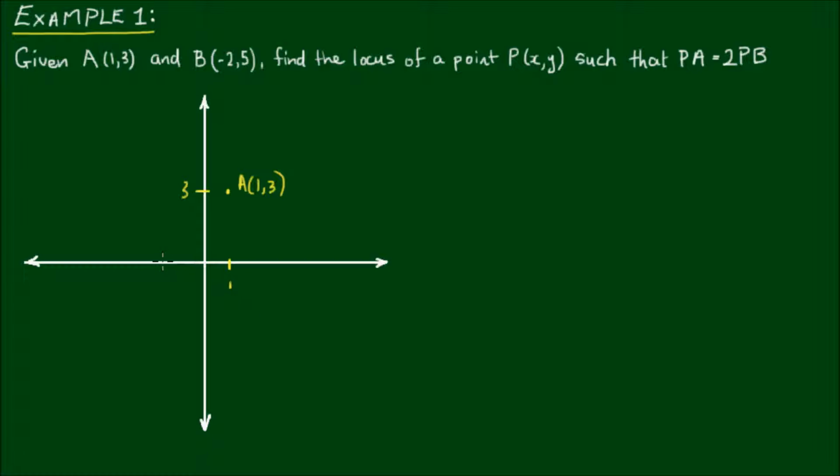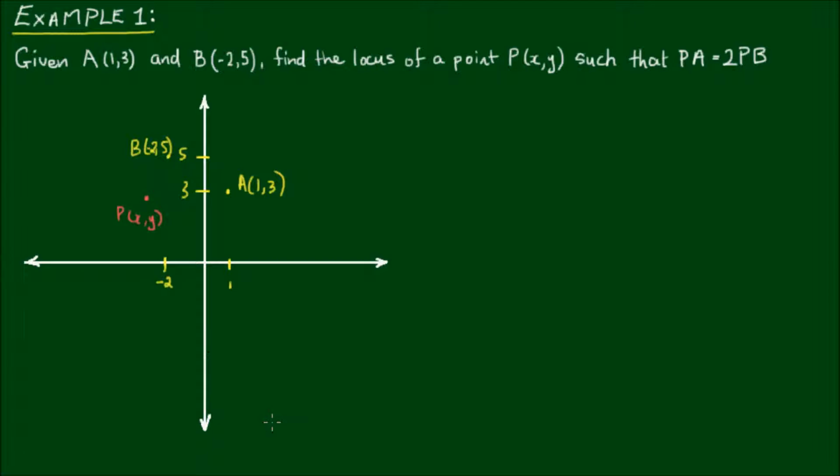The point B, if -2 on the x-axis is located about here, and the point 5 on the y-axis is approximately here, the point B would be located about here. So I'll mark that as point B(-2, 5). Now for the arbitrary point P, if I draw it here,